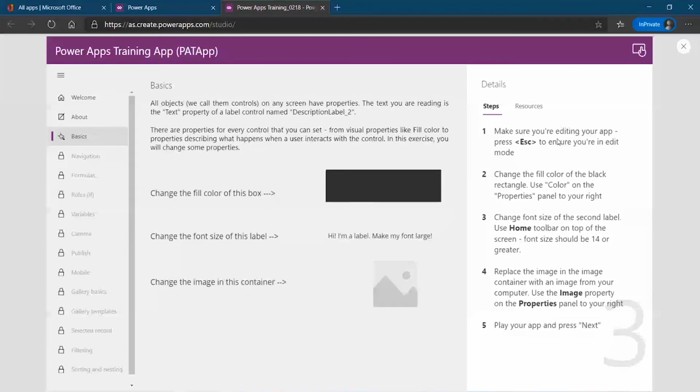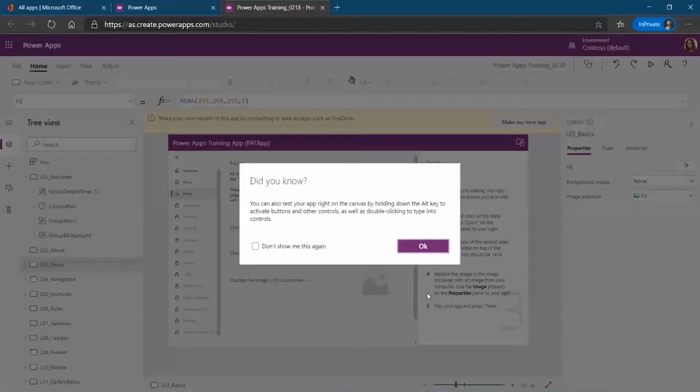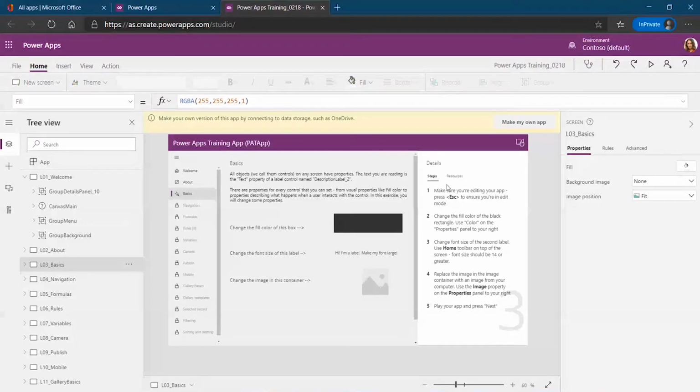Okay, so for this one naman, we can close this. And then, from within the design studio or here, you can click Alt if you want to play it. So, yon, two ways on how you can play or preview your app. You can click Alt, and then you can click on the components here, or you can click F5. So for this one, 'di ba? Tong Power Apps training app natin, by the way, these are series of, what do you call this? Parang exercises, 'yon. Exercises that will help you navigate dun sa different controls that we have in this Power Apps